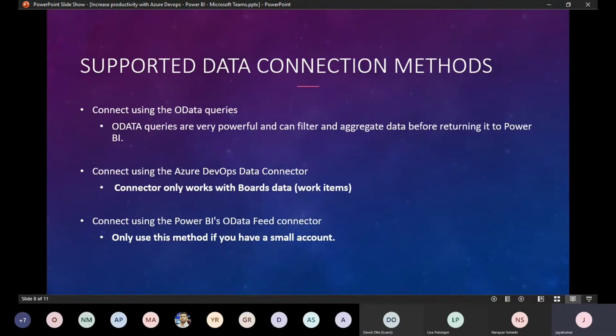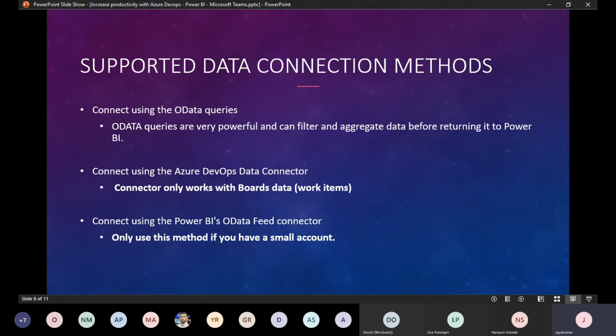Now coming to this, what are the ways that we can pull our data into Power BI from Azure DevOps? There are three main ways to bring data into Power BI. The first is connecting using OData queries. As developers, we know that OData queries are a great tool, so that we can filter our data on the go in the URL and get only the required data into Power BI. That's the best approach for this Power BI integration with Azure DevOps, because it gets only the required data. There's no need to load all the data every time.